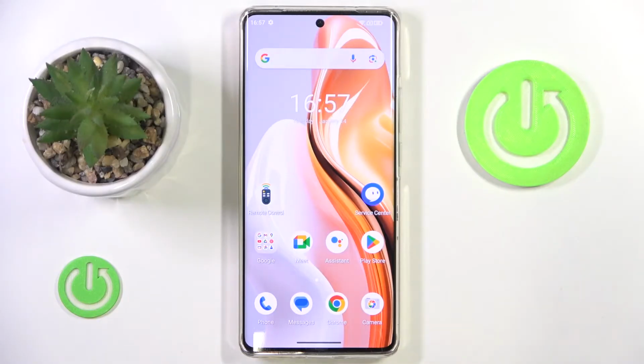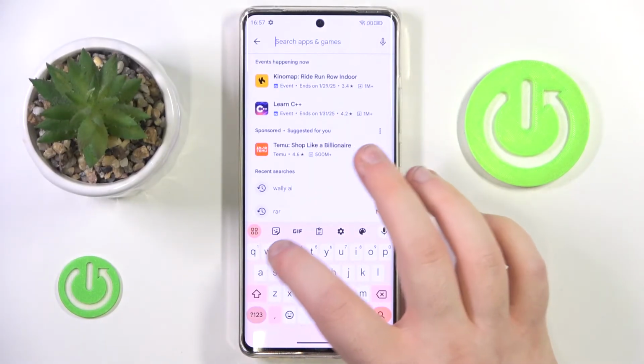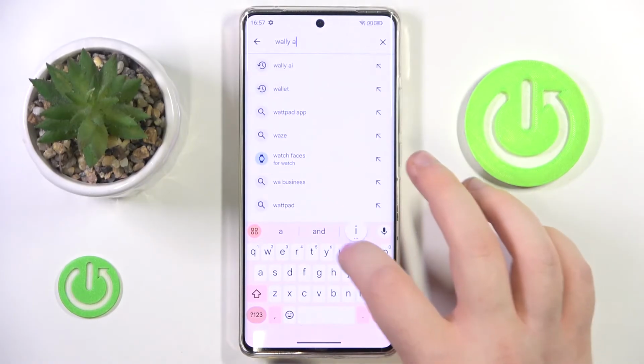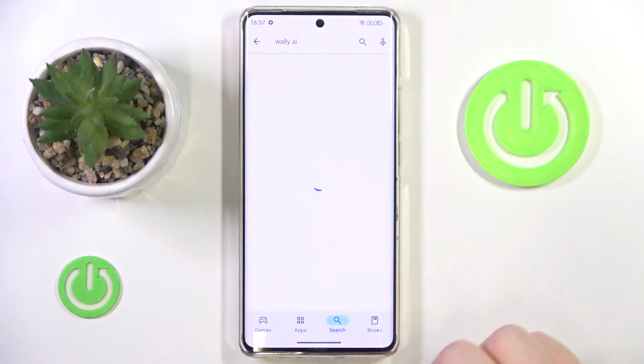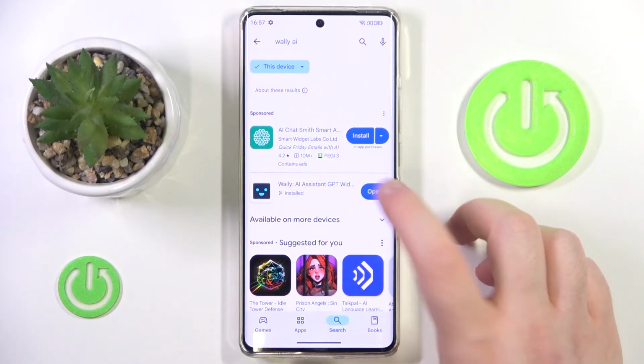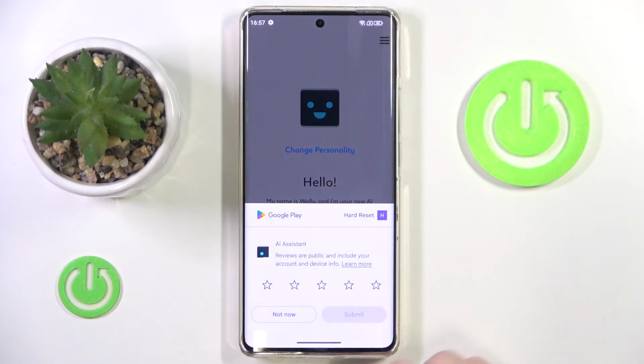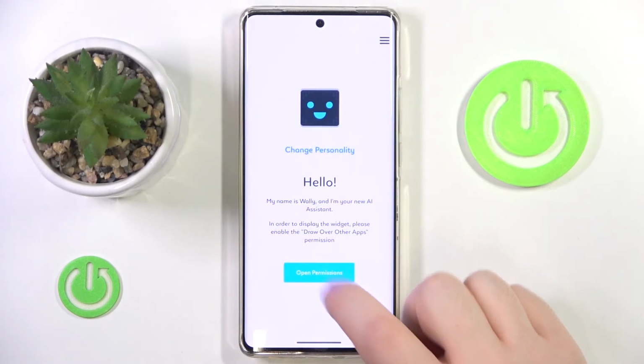So you have to start by opening your Google Play Store, then click on the search bar and type in Wally AI and click search. And then click install. And now click open. Then click on this button to skip introduction and click not now, and now click open